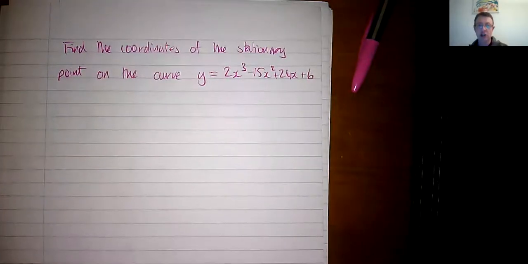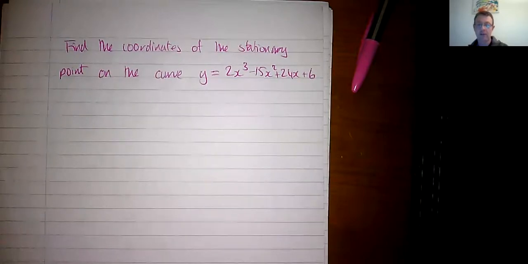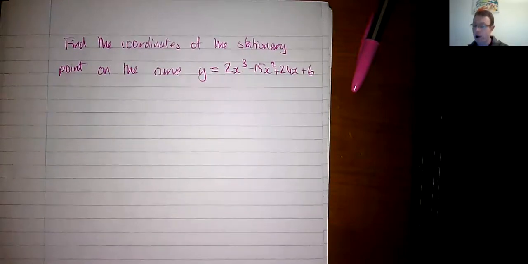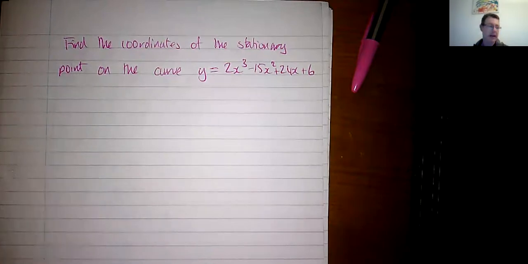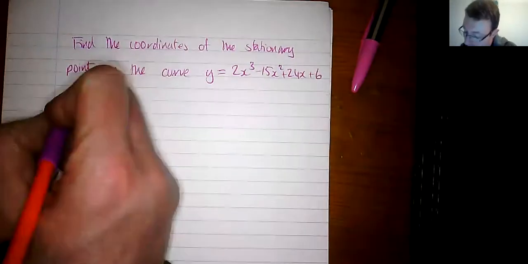Okay, so find the coordinates of the stationary points of the curve. And do you know what? I think this might be stationary points. I think I might have missed off the S there when I was writing it. Of the curve, that there. Okay, so what then? I'm going to differentiate it. So dy by dx